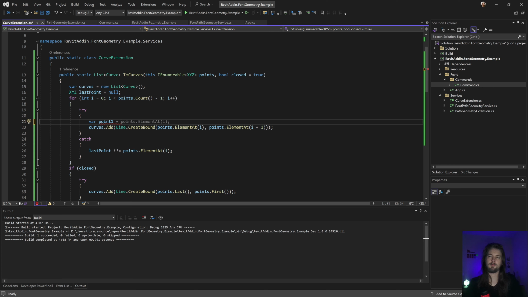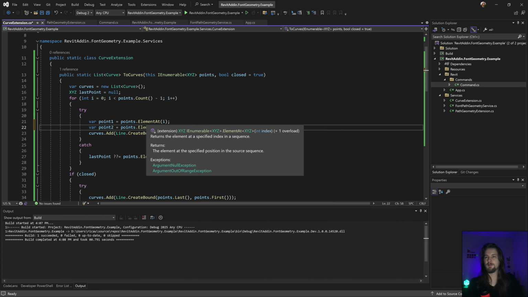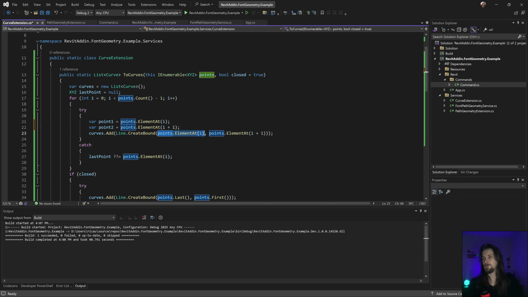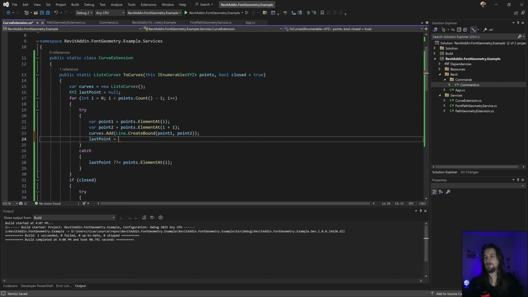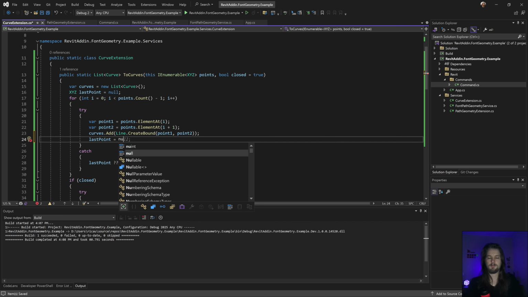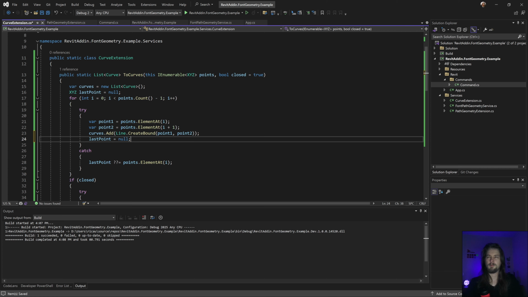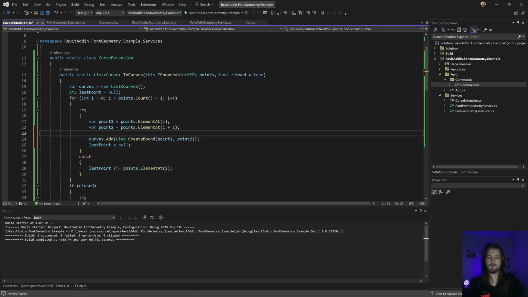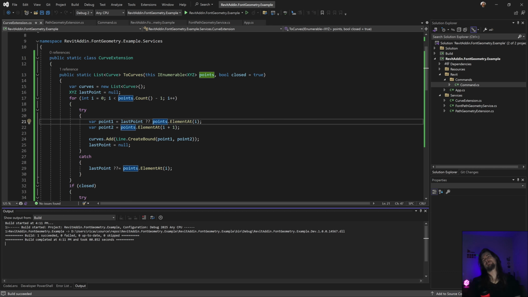One equal, let's change this. Okay, it's going to be 1, this is going to be 2, and if this fails, this is going to be in here. Yeah, and last point equal to null. If to null, no, not that. I guess this, something like that.